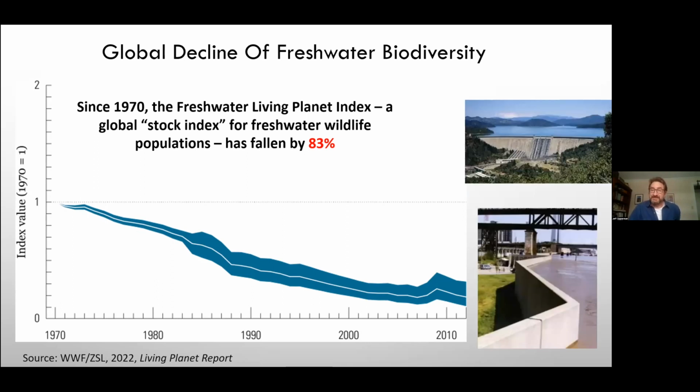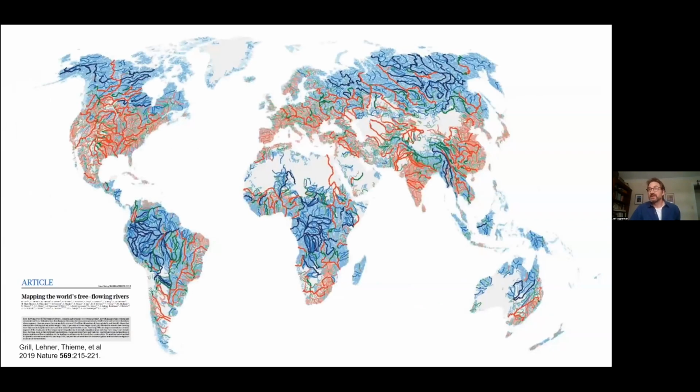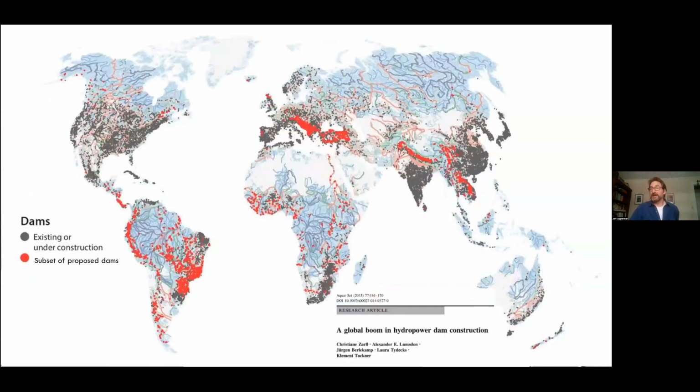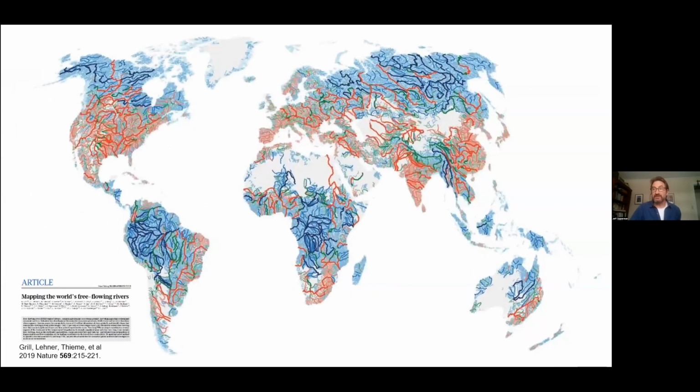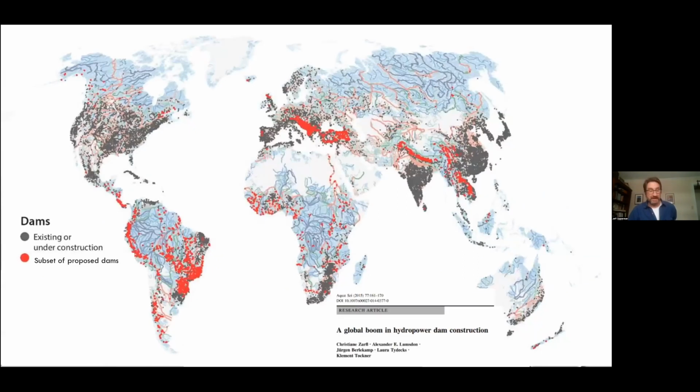And studies have consistently shown that the primary driver of this loss of biodiversity is infrastructure that fragments rivers. So dams that fragment longitudinal connectivity, and levees, flood walls, other things that fragment lateral connectivity. So that's sort of where we have gotten to from the past to today. But thinking about the future going forward, again, toggling back and forth between where are the free-flowing rivers and where are hydropower dams in the planning process.